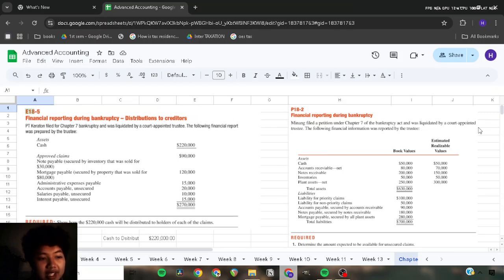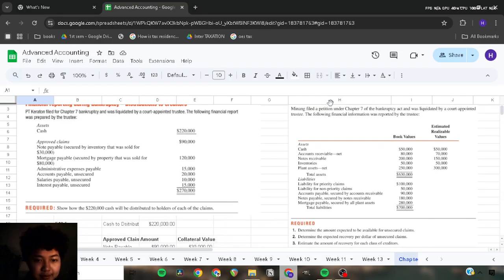Today we're not gonna be making, we're gonna be talking about Chapter 18 of accounting. If I can give you a brief overview, chapter 18 is about liquidation. So, what happens when a company goes bankrupt? That's basically what chapter 18 is about. It talks about things from chapter 7, such as the liquidation, and from chapter 11, such as reorganization and the accounting treatment for it, right?